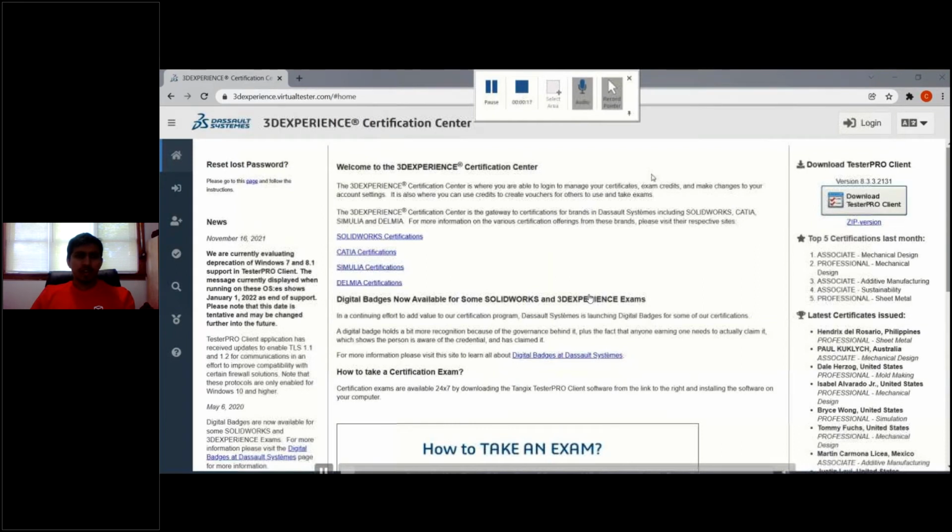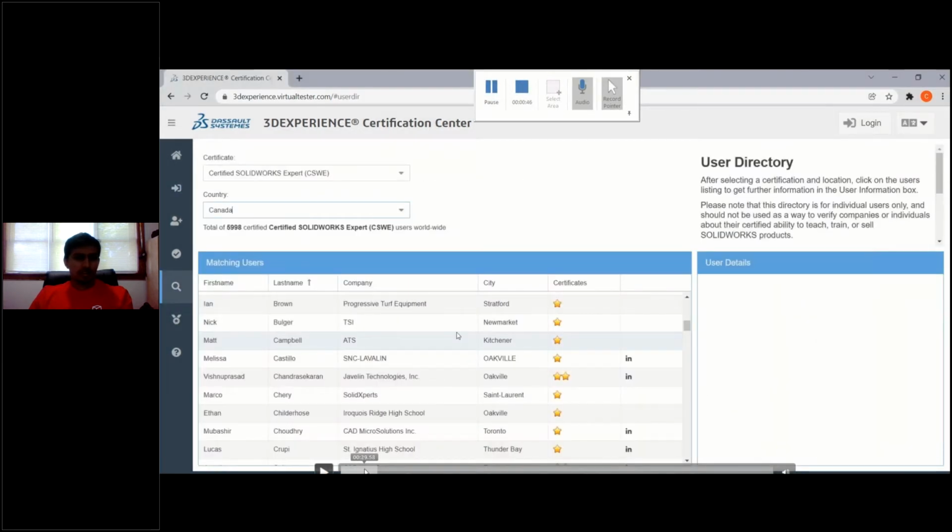If you want to give any 3D Experience platform exam like SolidWorks, CATIA, and some cloud-based ones, you can go with this and apply for the certification exam. You can download it from here, and you can get the access.